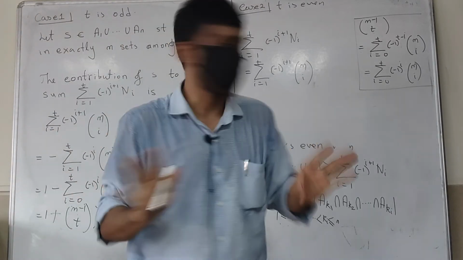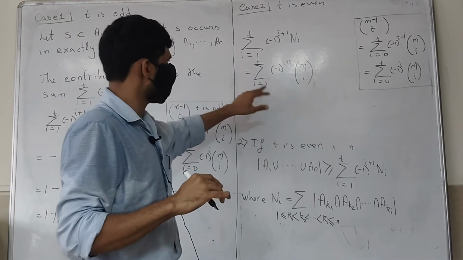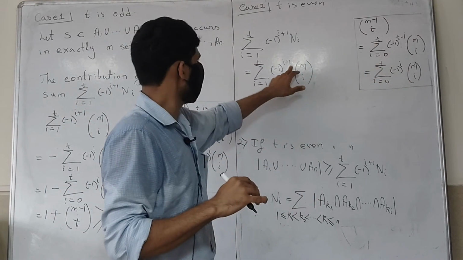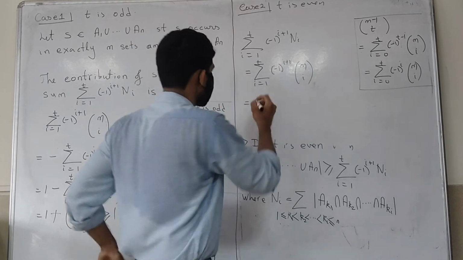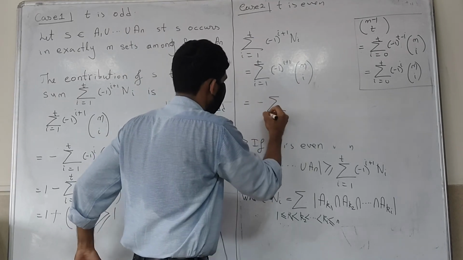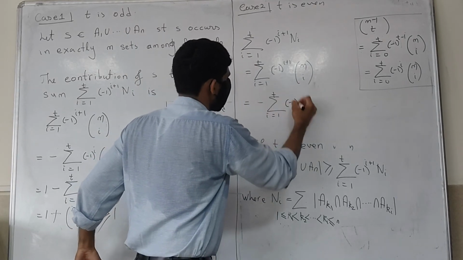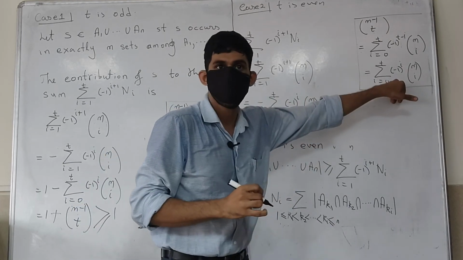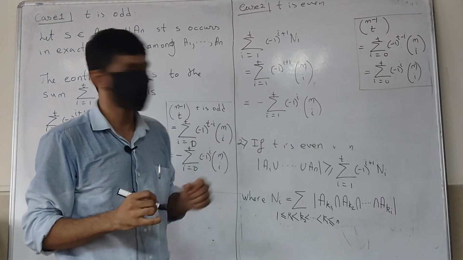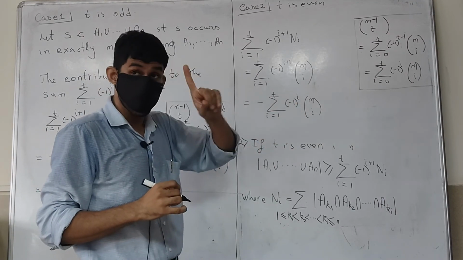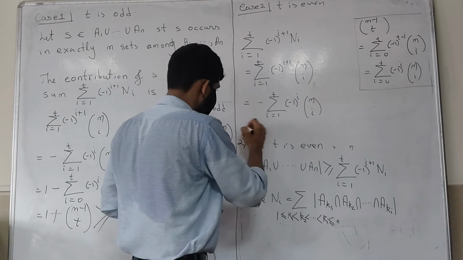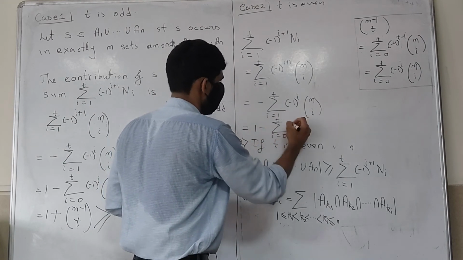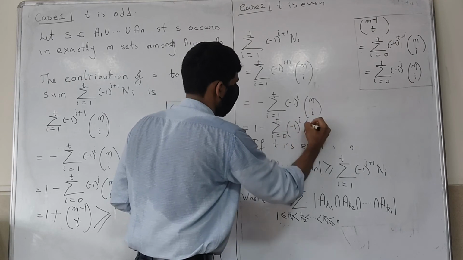Is it okay? Okay, so you add and subtract the 0th term, but of course this is minus 1 raised to, say you take k, this is pulled us out as minus, so minus summation I going from 1 to t minus 1 raised to I mCi. I want this to come 0, so you add and subtract the 0th term. What is the 0th term? 1. Okay, so add and subtract the 0th term, you will get 1 minus whatever, summation I going from 0 to t minus 1 raised to I mCi.